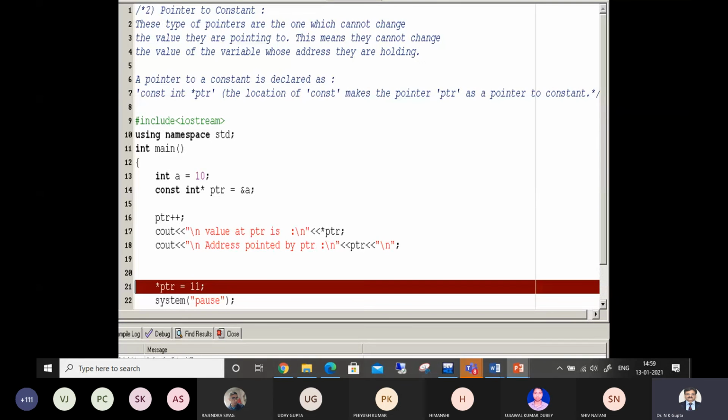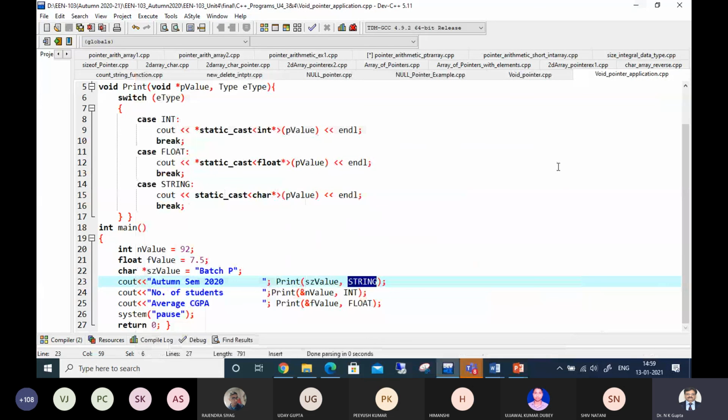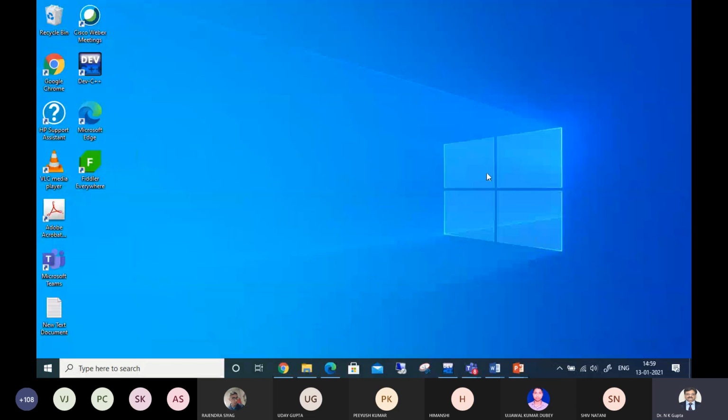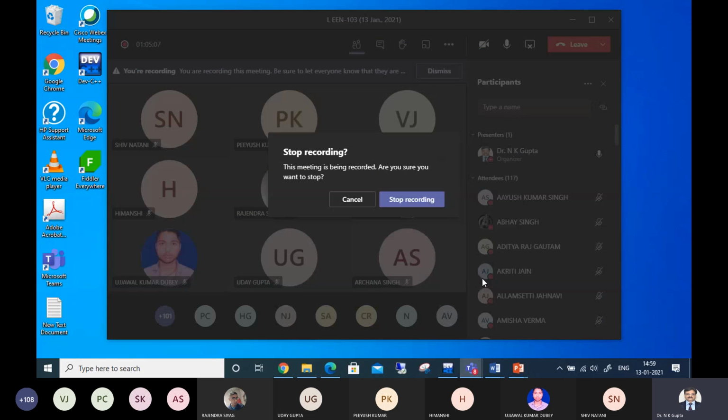So what have you learned today? Can someone quickly summarize it, maybe in the reverse order? In this case, if I block it, this is going to happen, pointer to constant. Okay, so this is there. Then next lecture I can move on to... yes, I'm going to stop here. If you have any